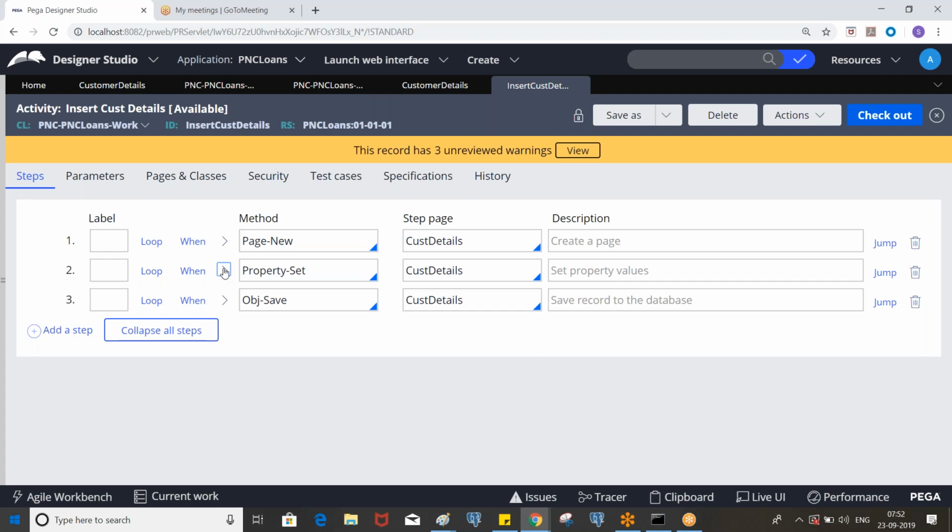If you save it, it will throw a message. But runtime errors could be different, either because of the data, syntax issues, or some other issues. If you want to know those errors, we can find them by using the debugging tool called Tracer. By using the tracer, we can see the step-by-step execution process. Let's say out of those 10 steps, some step fails, say the 9th step. In the tracer it will show the status fail against that particular step, so that we can go to that step and rectify it.